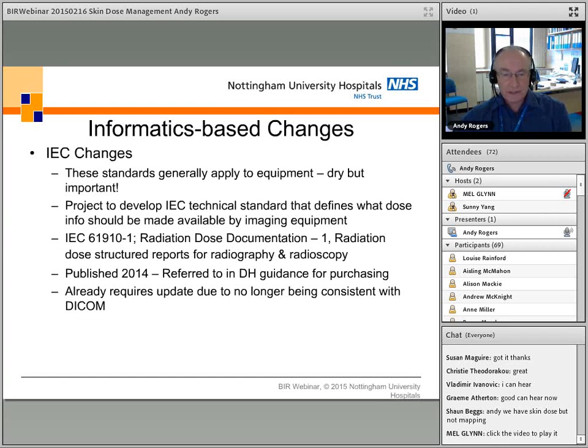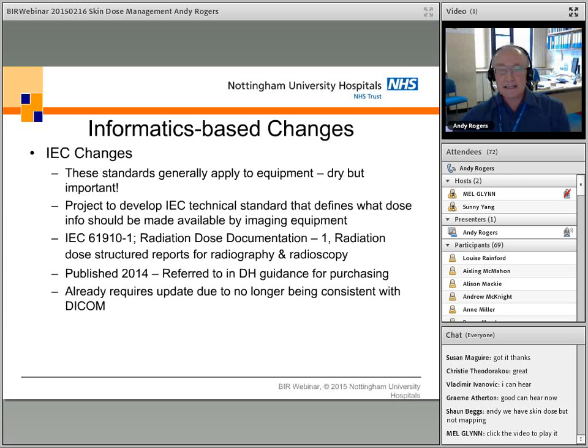This was actually built into some guidance that the Department of Health published under Ian Chell's guise back in, I think it was 2014. One of the people online today, Ed McDonough, was involved in that, and I was as well. And we were trying to alert people that you should be buying as many of these tools and building in these standards as possible. The problem is, when this was developed, it was agreed that this standard would be developed